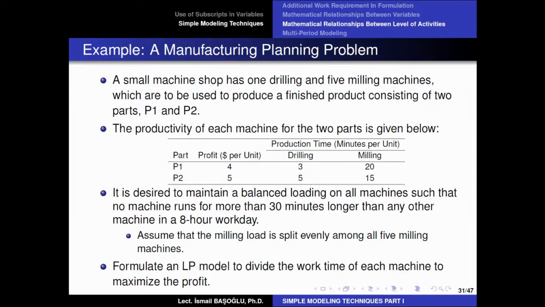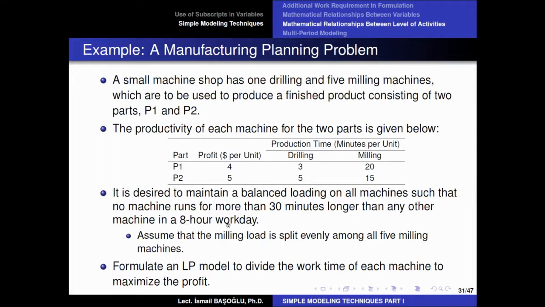Now, as you can see, the milling machine is basically creating a bottleneck for this process. Therefore, the idea here is to use 5 parallel milling machines and a single drilling machine. And we have said that our objective is to maintain a balance on loading time on all machines on a single day. Each machine works an 8 hour